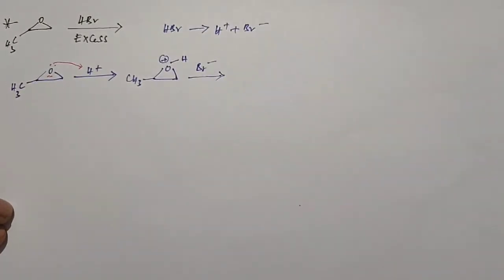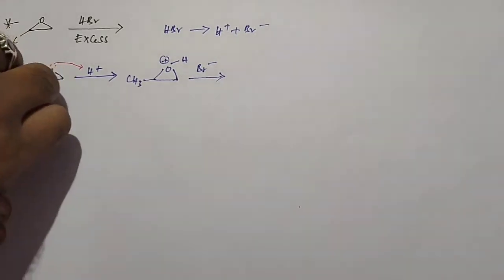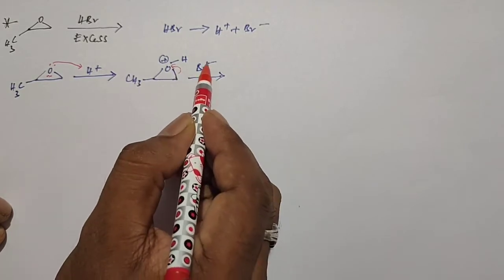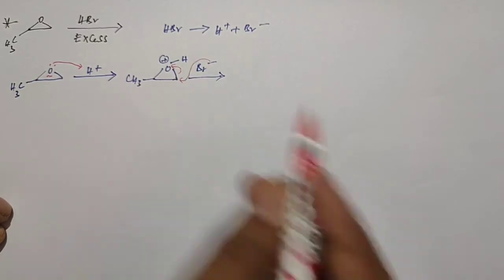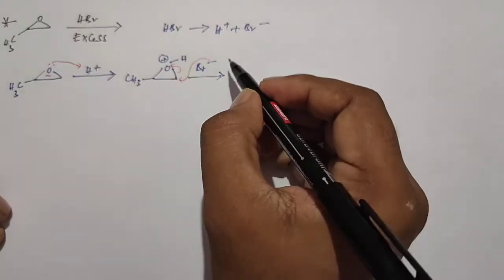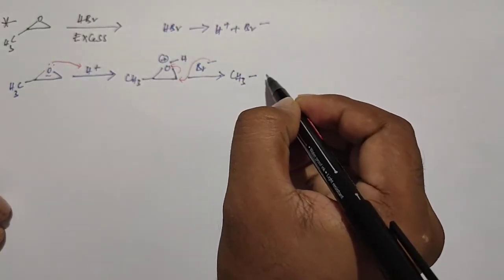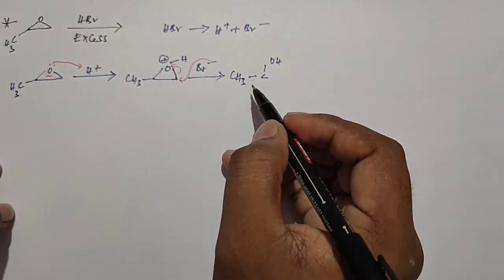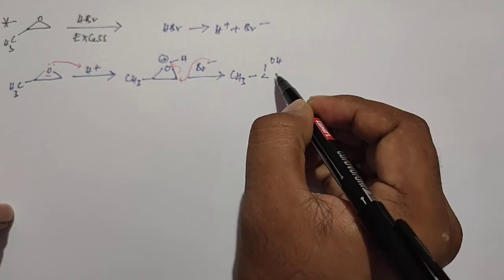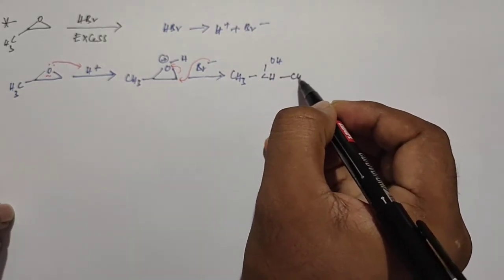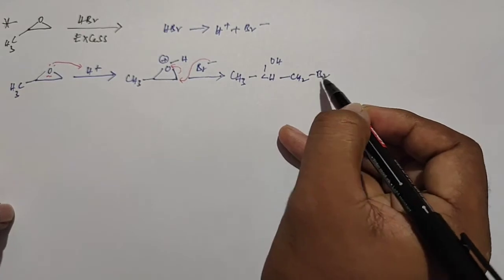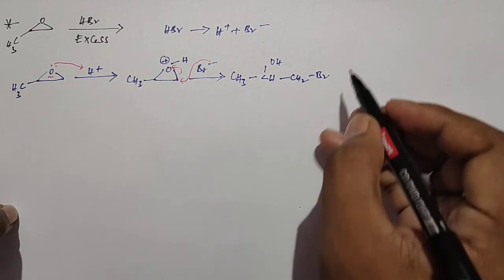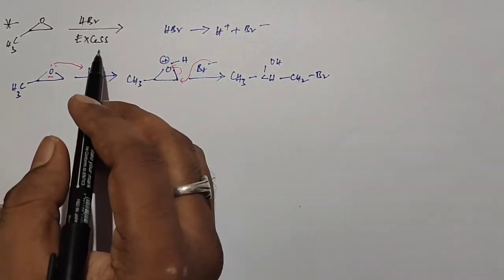After it reacts with the bromide ion, these sigma electrons shift towards the oxygen and these electrons are shared toward this carbon. Then we get the product like this. Okay, this is the product we get, and since extra hydrogen bromide is used,